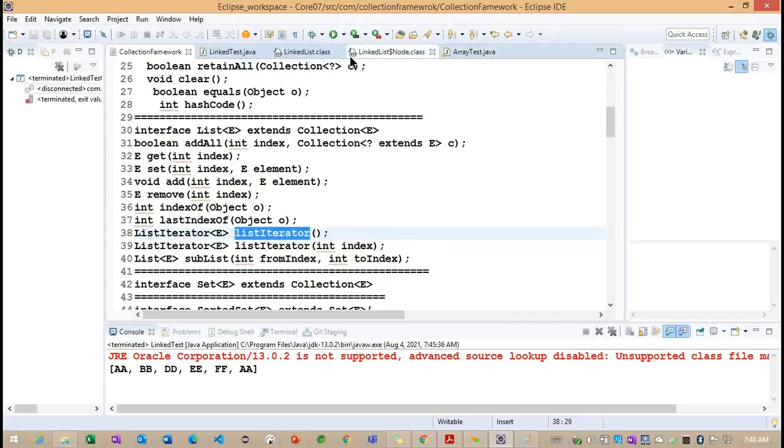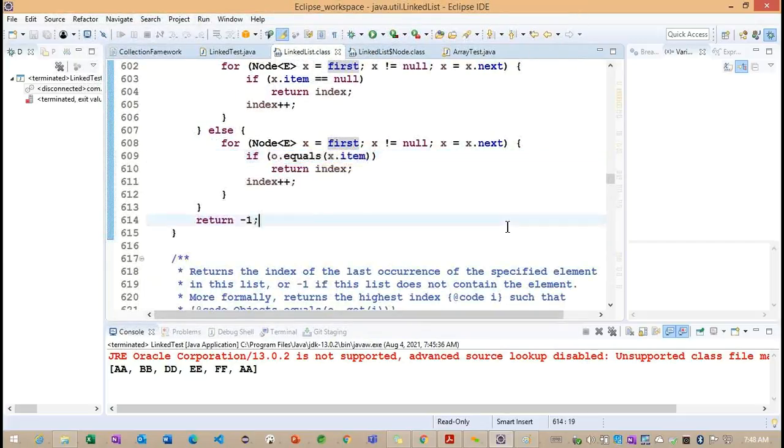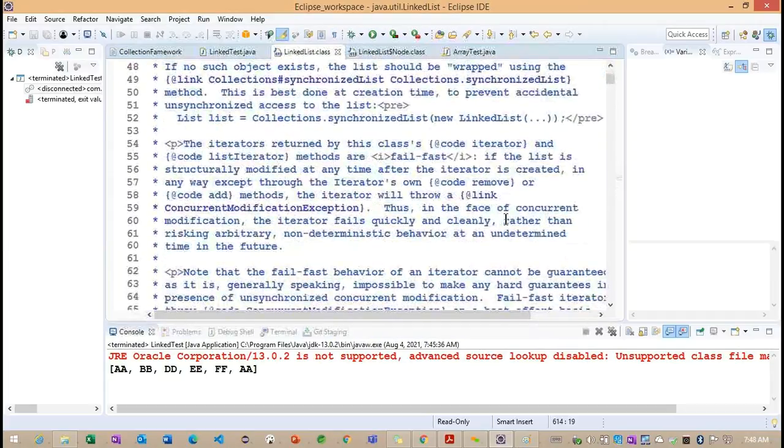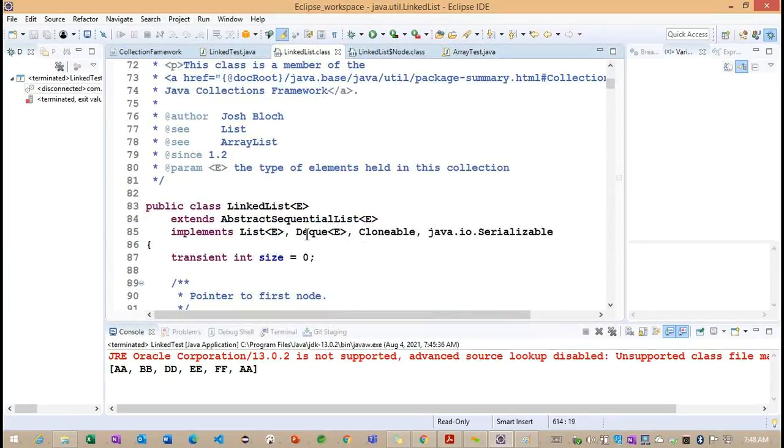Okay. So back here in the linked list class, what I want to provide as information here. This particular linked list is implementing the DQ interface.